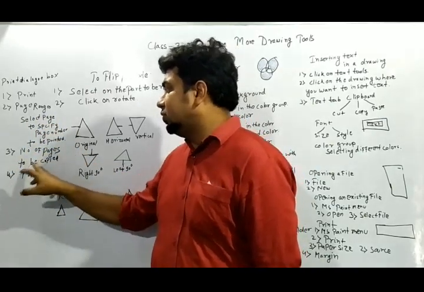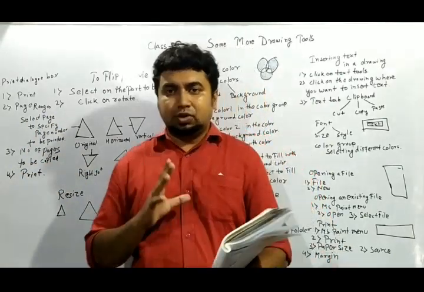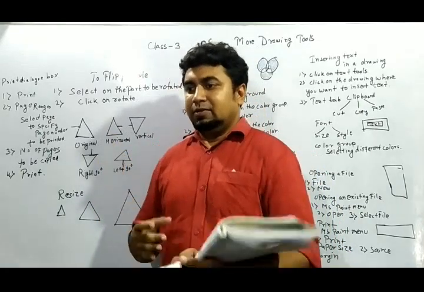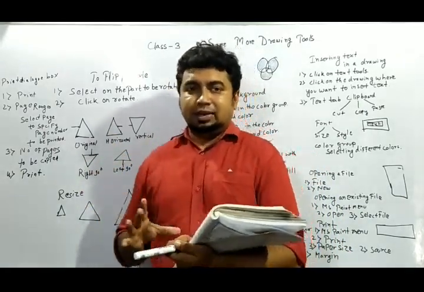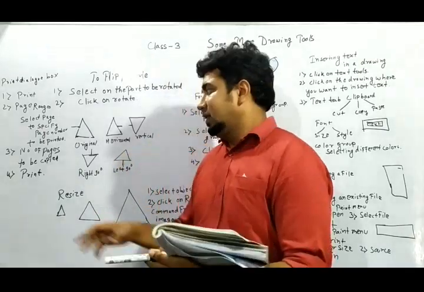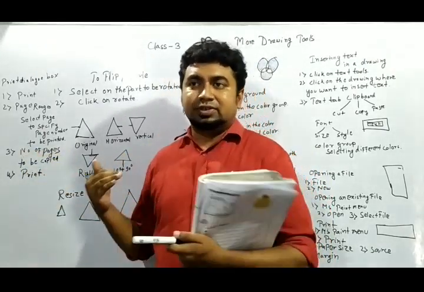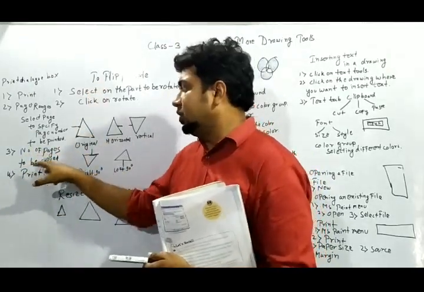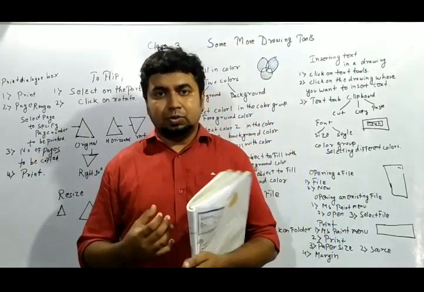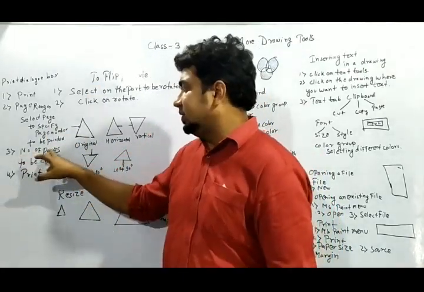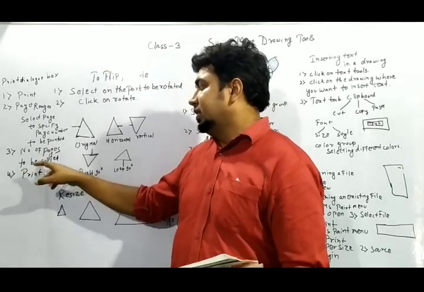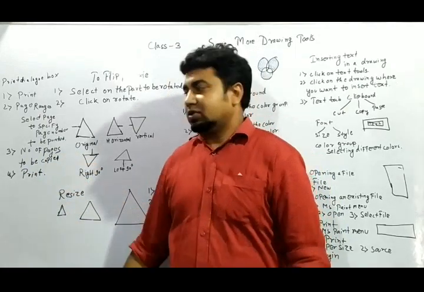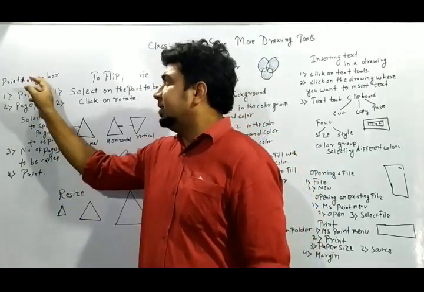And the number of copies means if you have selected one drawing and you want 5 copies to be there. Suppose in an examination, one drawing is made and that is copied as many times as there are students in the class. So that is with respect to one drawing, and number of copies 50. In my class, suppose 50 students are there. So in the number of copies, I'll be inserting the value 50, and then click on the print option. So this is the way we can use the print dialog box.